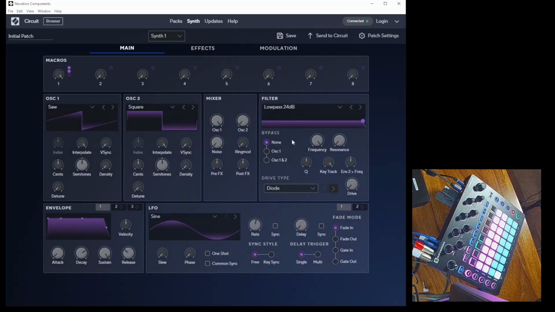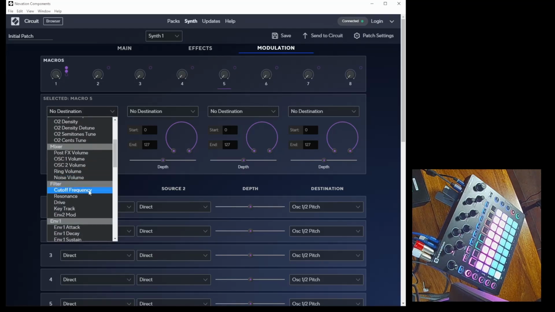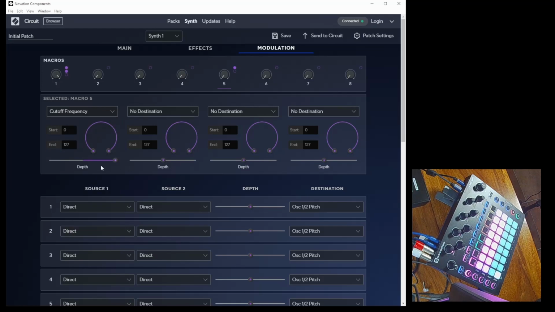Now, the 303, if I'm correct, has an 18 decibel filter, which we don't have here. We can't choose from that, so I'll just choose 12 in this instance. And if we take the filter cutoff all the way down and instead have it controlled by a macro, I tend to use the 5th macro. So I'll go to my modulation matrix again, pick macro 5. I want filter cutoff as my destination and make that control positive. So if I turn the macro up,